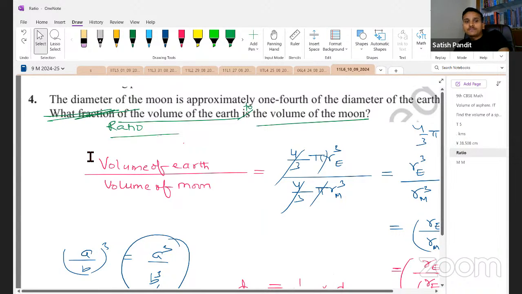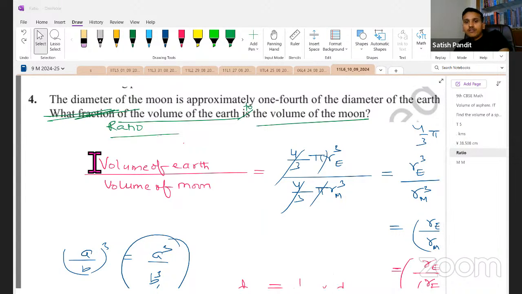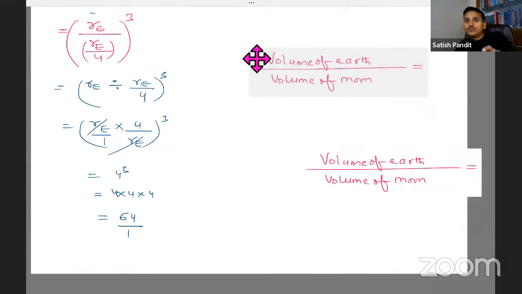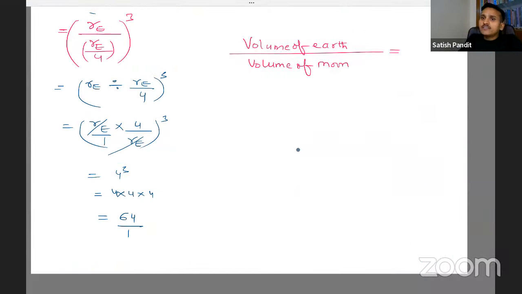See, we have got the volume of the Earth to the volume of the moon is 64:1. If they ask ratio, we have got the ratio of the volume of the Earth to the volume of the moon is 64:1. But they're not asking ratio. The question is something else. The question is like,